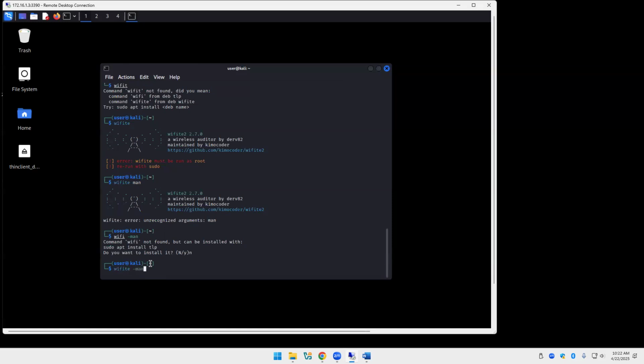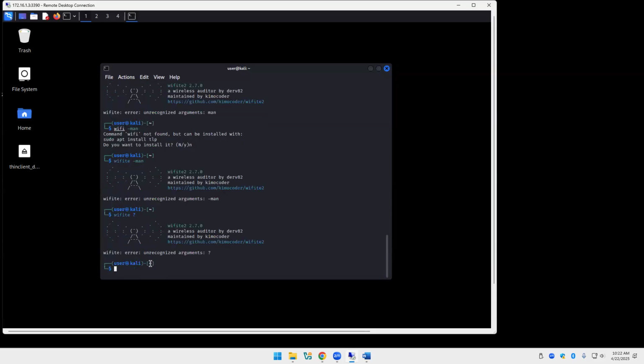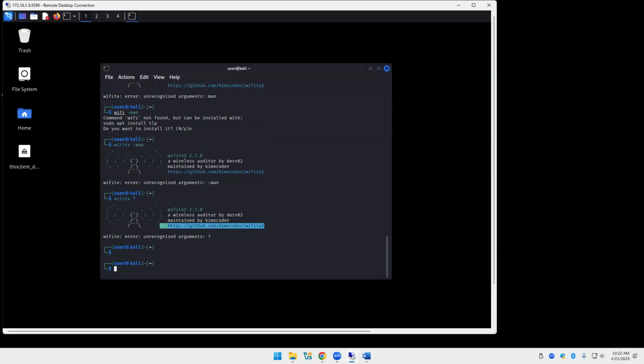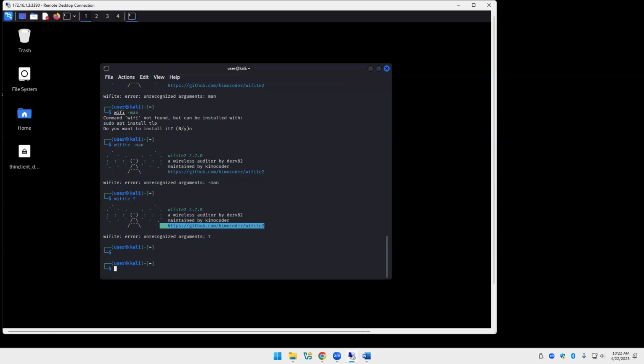I can't remember how to bring up the man command. There may not be one. Let's just try this. Usually if you type it in without parameters, it gives you a help. Yeah, I don't know how to get into the help of it. You could look it up. There's probably a parameter that you could use to do that. Oh, as a matter of fact, here it is. Look at that. Copy link address. Okay, let's stop the